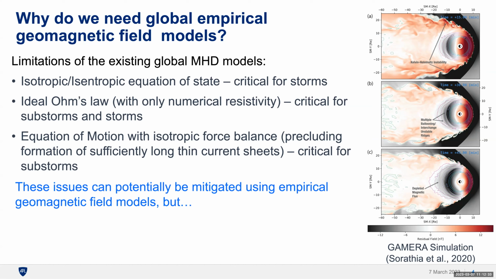So, a brief overview of storms and substorms. What I'm showing down here are two geomagnetic indices. The first one on the left, this black line, is the SYM-H index, which is often used as a proxy for storms. Storms are measured at mid to low latitudes. As you can see, this is a fairly intense storm, about minus 100 nanotesla. You can see it's quite complex. It has a series of dips first, and then we get into the main phase and then the recovery phase. So storms often occur over a couple of days.